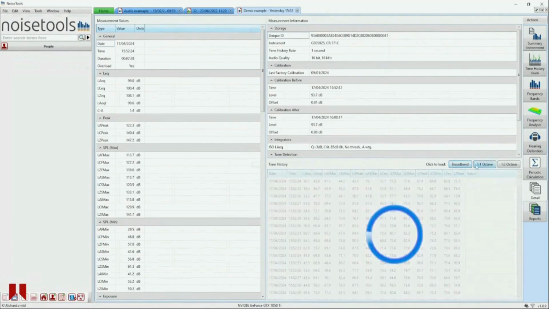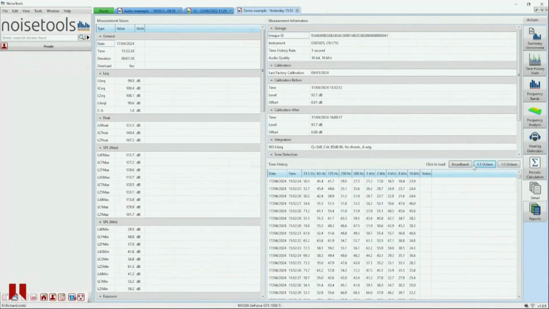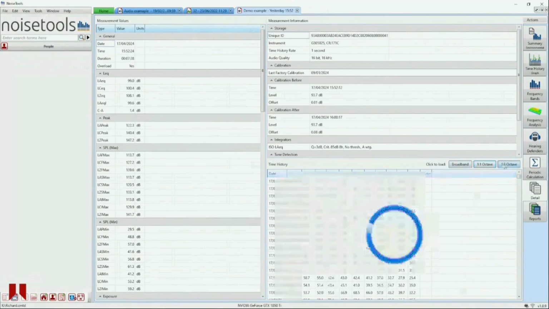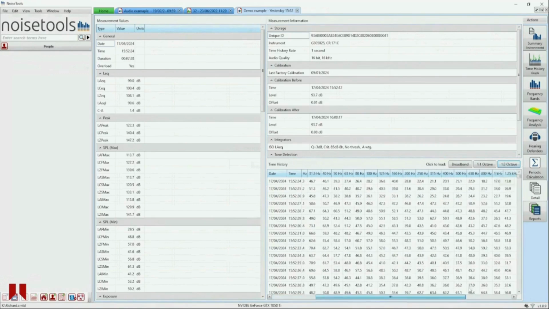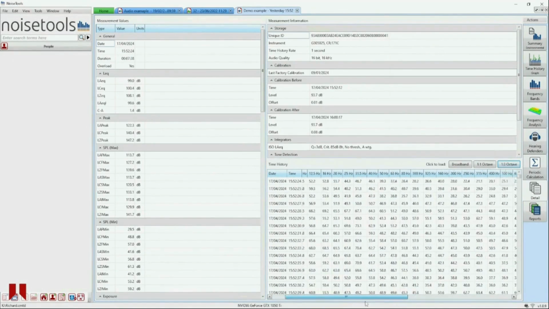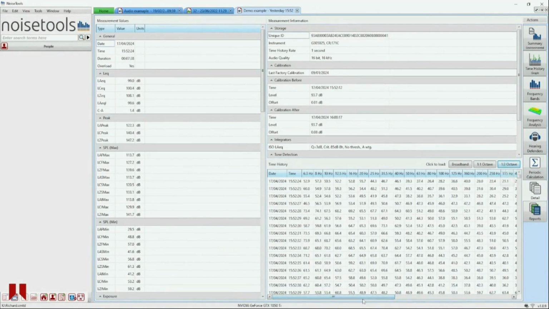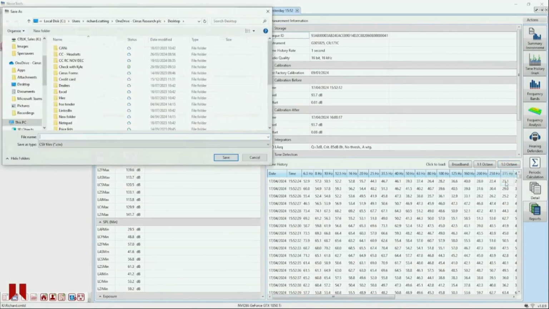If I click octaves, it's showing me the 10 octave bands in the middle of the frequency range for hearing defense selection. If I click third octaves, you can see there's a fair bit more data there. It's between 33 and 36 bands. If I do the classic hover, I can export. If I export that to Excel, which